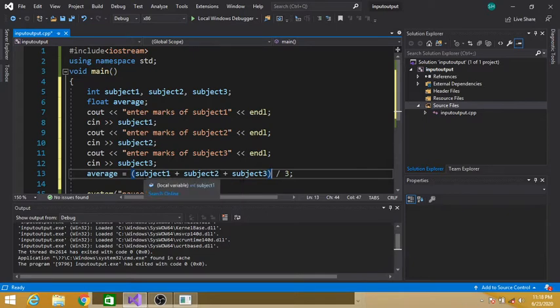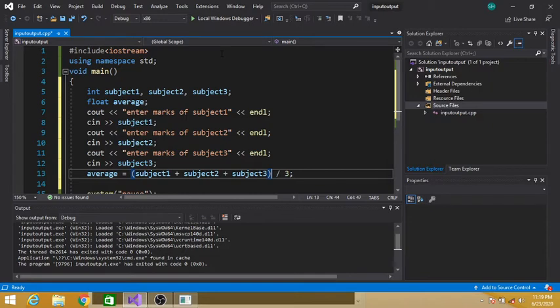So now subject 1 plus subject 2 plus subject 3 will be added first, and then divided by 3, and that result will be stored in average, and this is what we wanted.